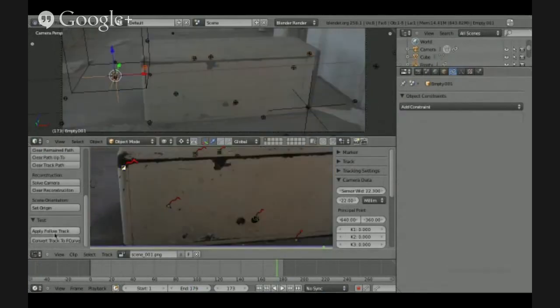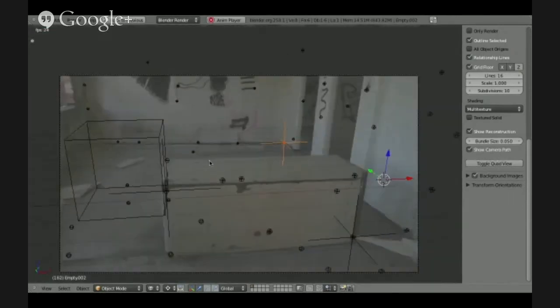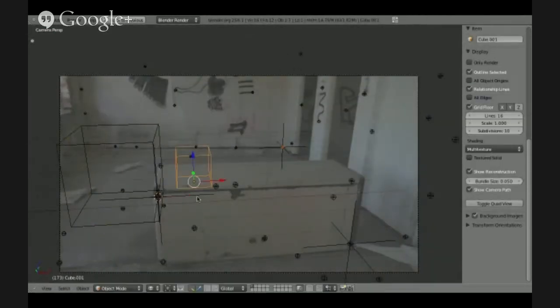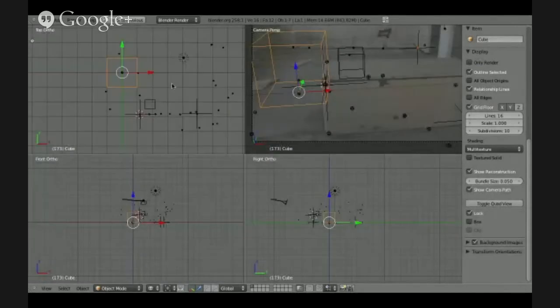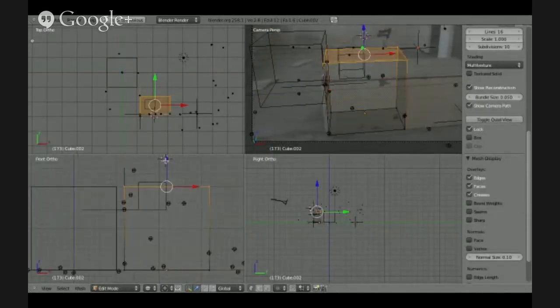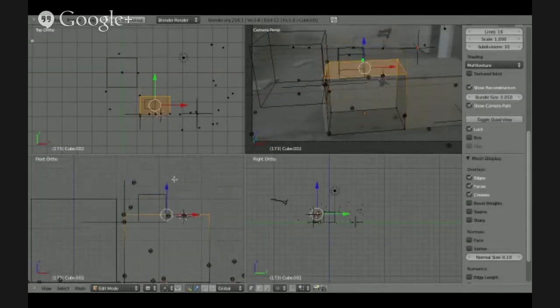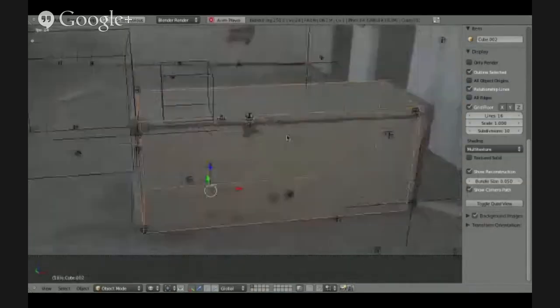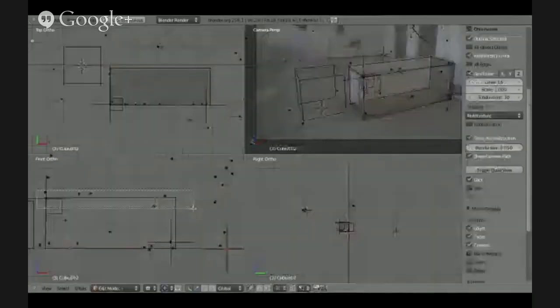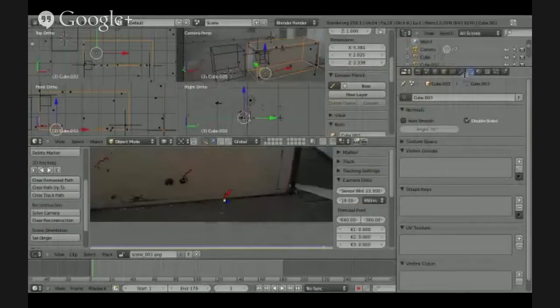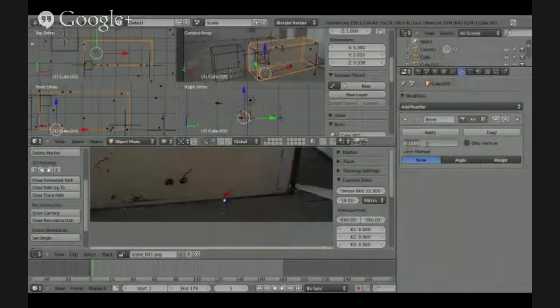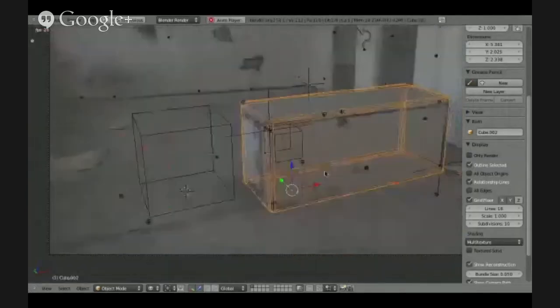And now he's going to make a proxy object. If you put a monkey head on top of the box in the real world, it would actually cast a shadow. But how do you make that shadow so that it looks like it falls on the box? One way to do it is to make a proxy box, similar to the one in the real world, where you don't render the box, but you render the shadow.